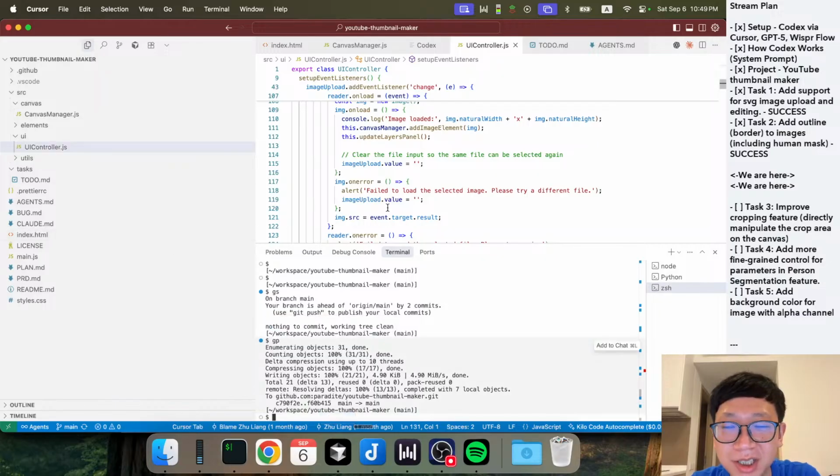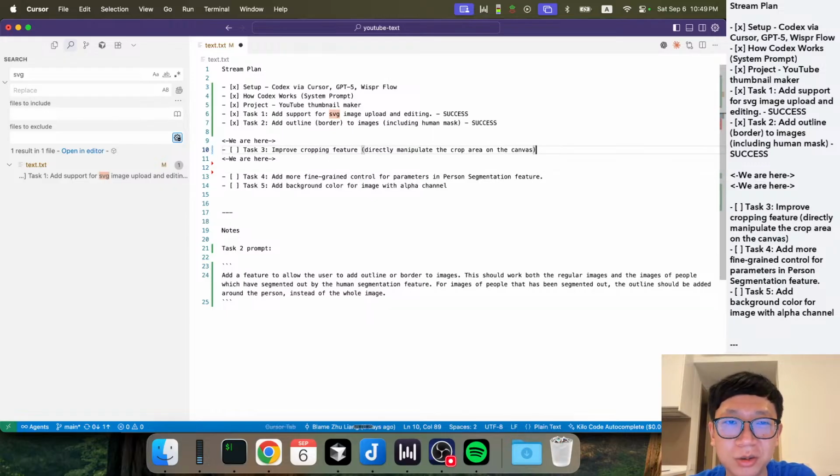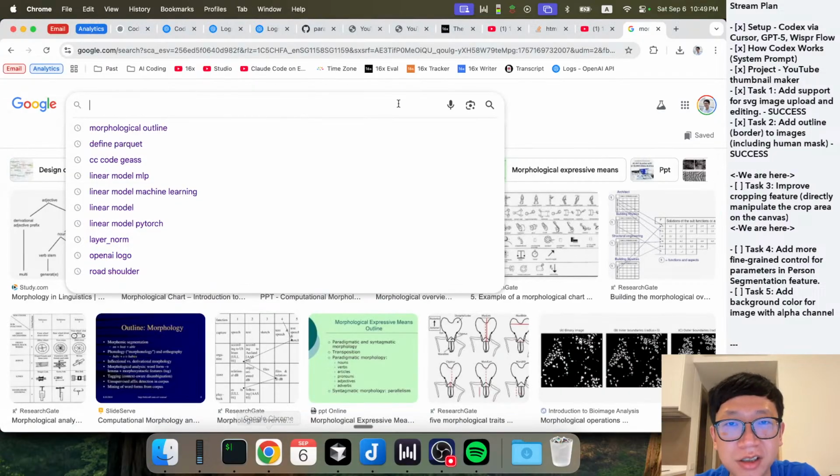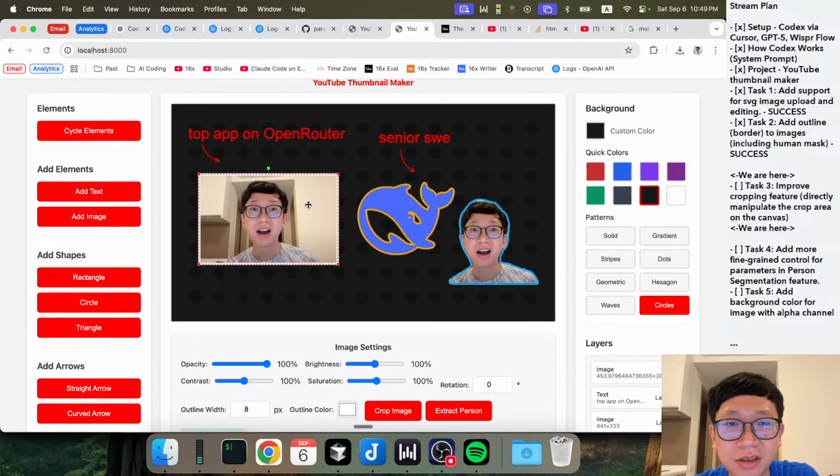We completed 2 tasks, both in one shot. Let's see the third task, right? Improve the cropping feature. So yeah, this is kind of self-explanatory. Basically when we crop a photo like this,